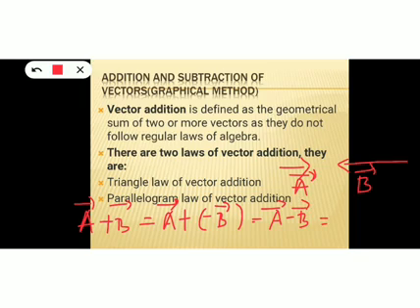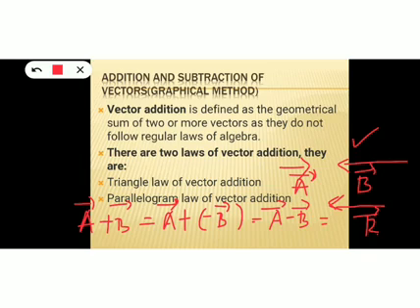And whenever you subtract these two vectors, what will be the resultant vector? The resultant vector will be the difference. The magnitude of the resultant vector will be the difference between the magnitudes of A and B. And what will be the direction? The direction of the resultant vector will be along the direction of the greater vector. So here when you compare A and B, which is the greater vector? B is the greater one. So the resultant vector also will be acting along the direction of the greater vector, that is B. So this will be the direction of the resultant vector.